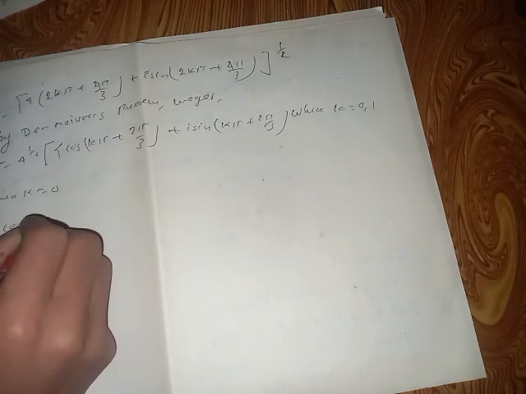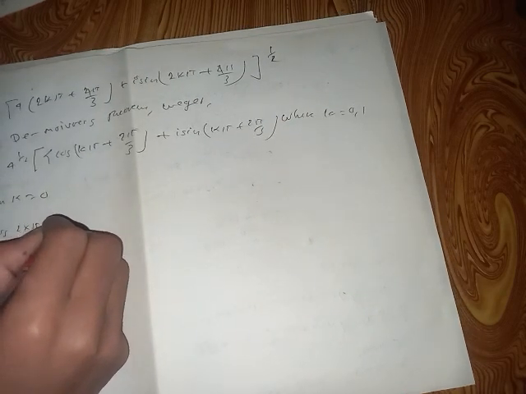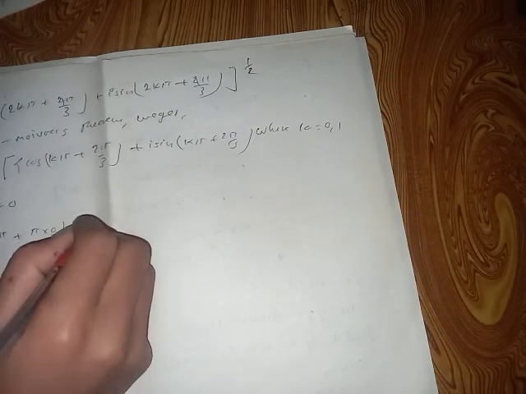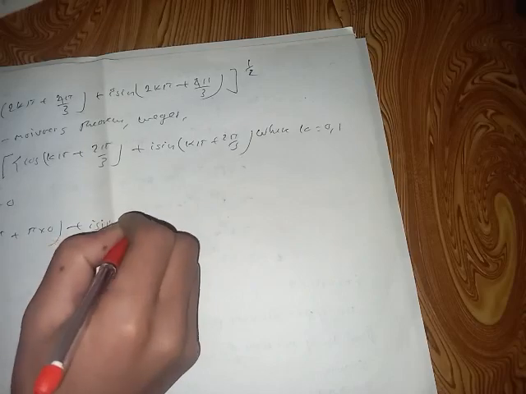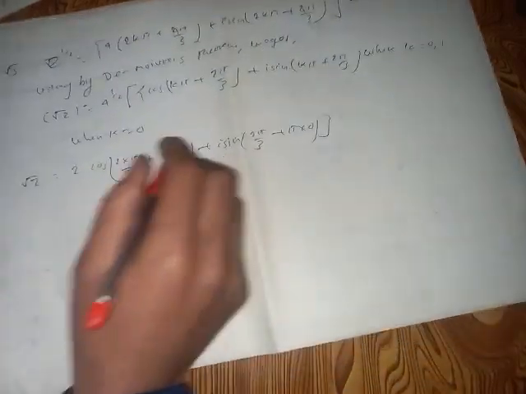Using De Moivre's theorem, we get square root of z is equal to